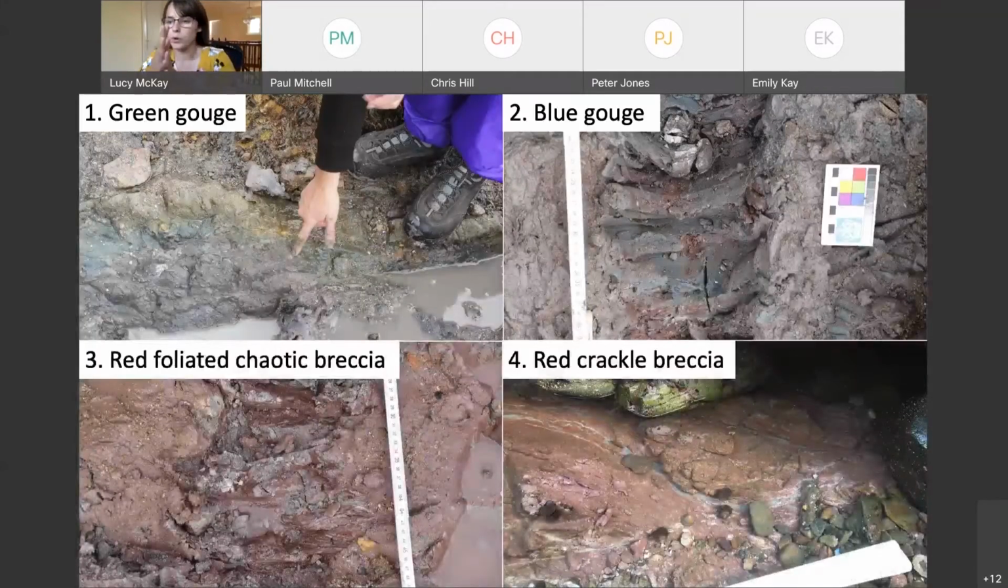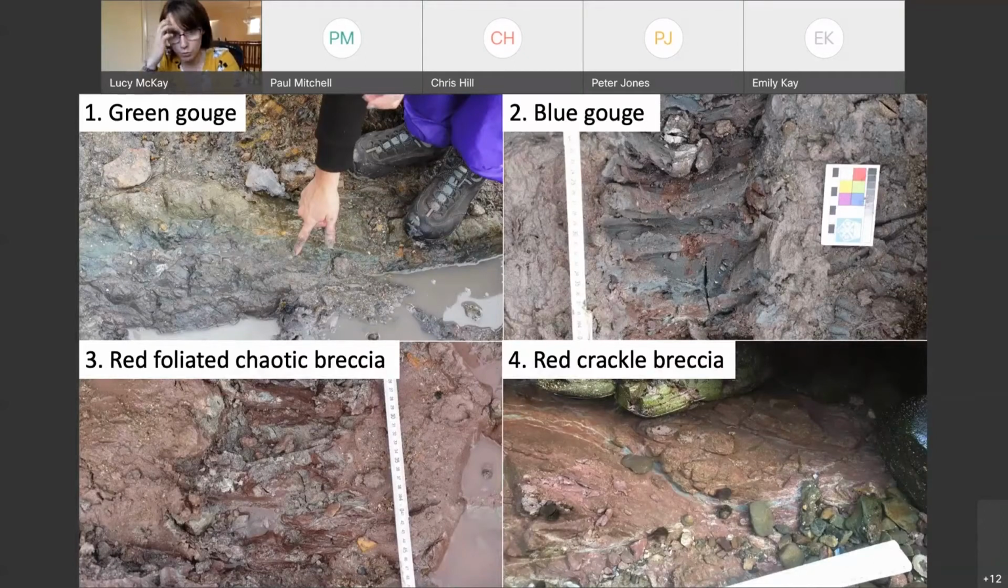So by digging up all the large boulders on the beach, you can see that the fault core here actually consists of 4 distinct units that remain unmixed. So you've got a localized green gouge, which is just above where the person's pointing in the top left image,